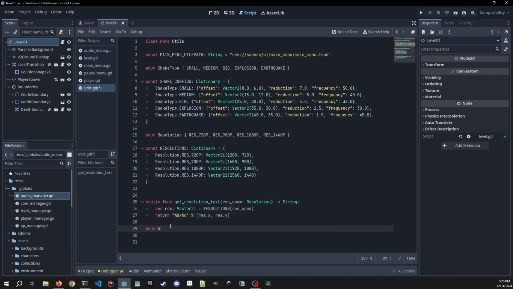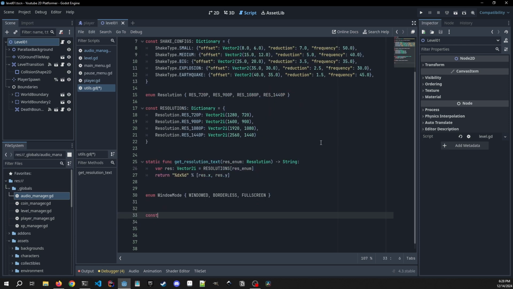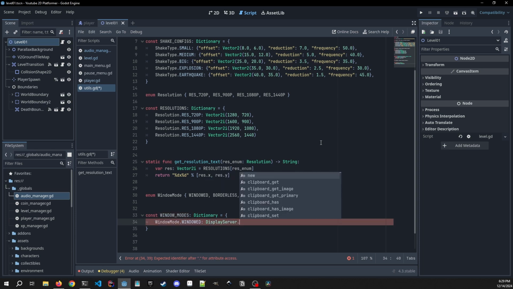Then we're going to make another enum. It's going to be called WindowMode, which is going to determine whether we're going to be full screen or windowed. We have three options that I'm going to give it, which are windowed, borderless, and full screen. Then we're going to make another dictionary just like we did for resolutions, where we look at window modes, which is a dictionary. It's going to equal WindowMode.WINDOWED, and it's going to be a DisplayServer, which is how we're going to update the actual window size that the player is seeing. And then we're going to do window mode